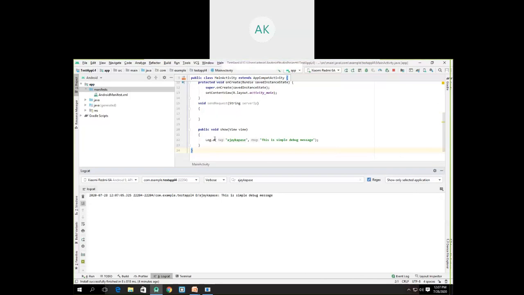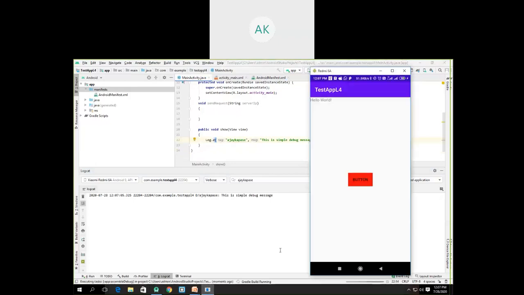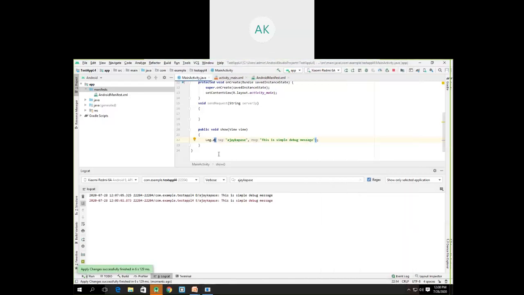Now let's see if I modify this method as Log.e. If I apply the changes and restart the activity, it will apply those changes and restart the activity, and as you can see, it has restarted. Now if I click on the button, you can see this time I used the method E. The method E stands for error, so this is used to generate error messages. Now if I click on the button,